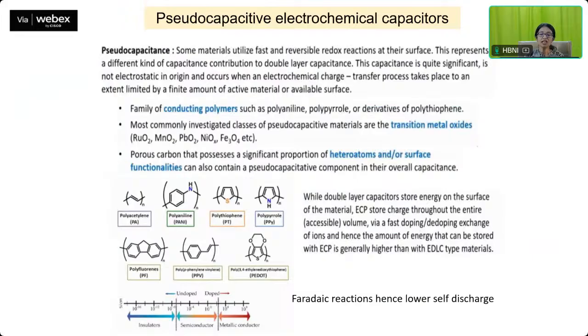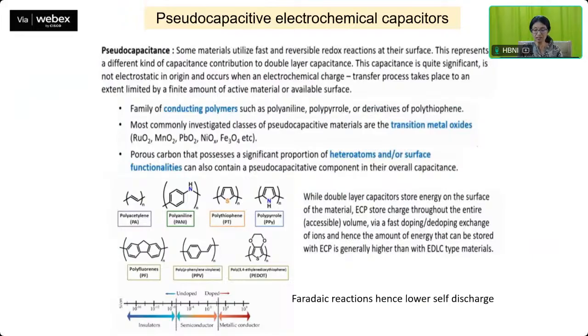So what are the different kinds of pseudocapacitive elements you can think about? One is the family of conducting polymers such as polyaniline, polypyrrole, or derivatives of polythiophene. And the most commonly investigated class of pseudocapacitive materials are the transition metal oxides like ruthenium oxide, manganese oxide, lead dioxide, nickel oxide, ferric oxide, etc. And porous carbons that possess a significant proportion of heteroatoms or surface functionalities can also contain a pseudocapacitive component in